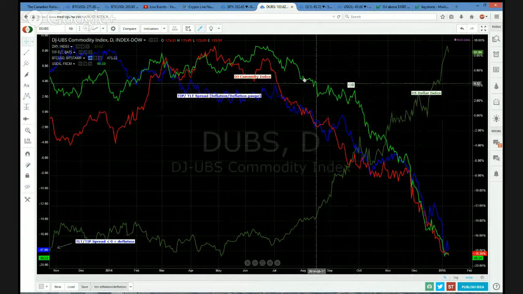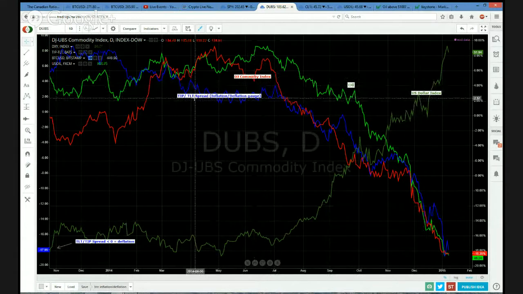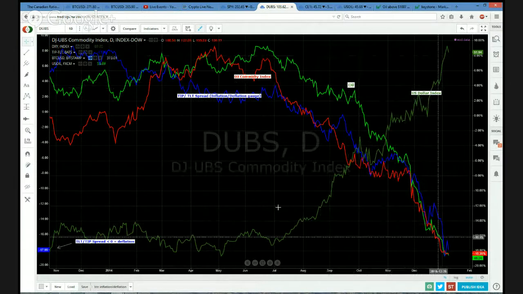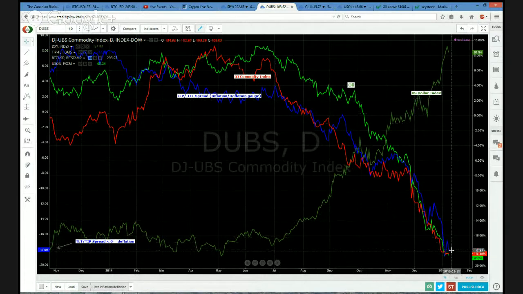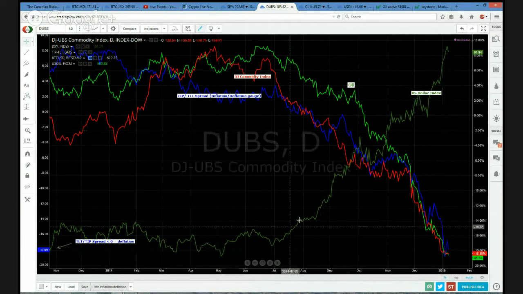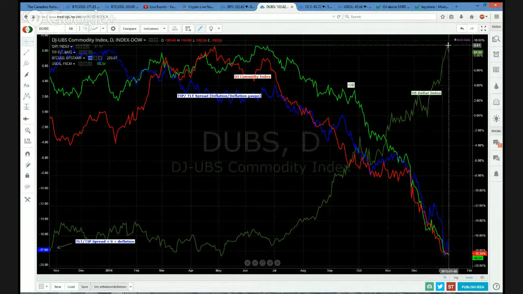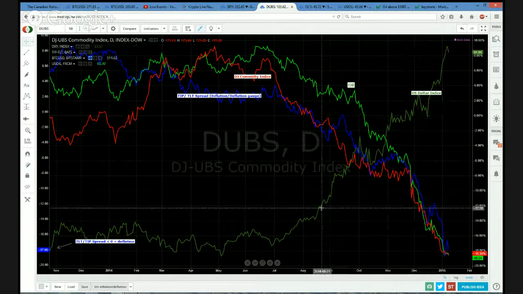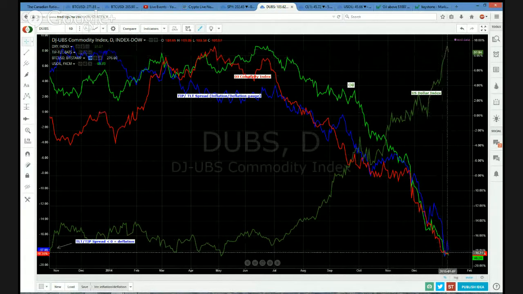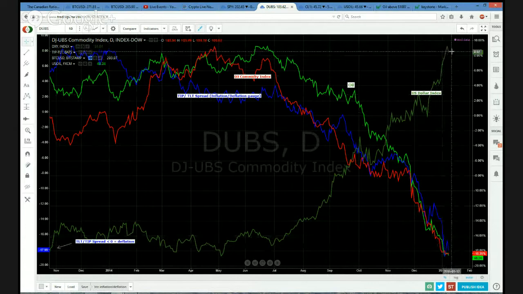Basically, US dollar index versus a commodity basket versus my inflation deflation gauge, the spread between the TIPS and the TLTs. For the purposes of this video, I threw on the oil price here, and clearly you can see we are in a deflationary environment. The bond proxy works really well to identify that. Commodity prices have been in basically free fall, and the US dollar index is basically going to the moon, right? If you haven't noticed that in the market, then you must be under a rock. So that's basically the general theme of the type of market that we're in.